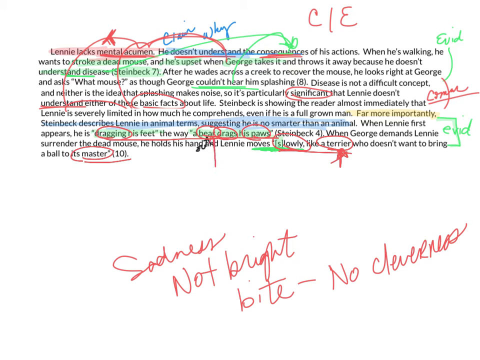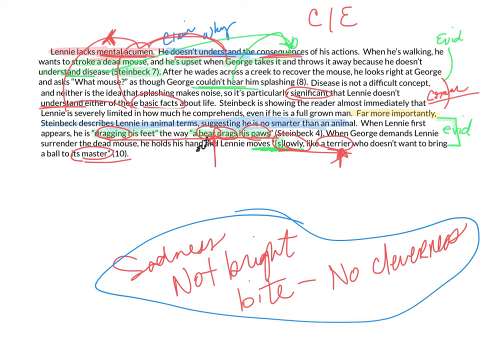Bears, again, you've got this heaviness, you have this slowness, but you also kind of have this sense of danger, that these are animals that have got sharp teeth and not necessarily a ton of intelligence to kind of mitigate that danger. So what we're going to do is we're going to take all of these emotional reactions. What is it that we feel when we look at a bear, when we look at this terrier who doesn't want to do something? What emotional reaction is being created in the reader? What is the effect of that specific language?